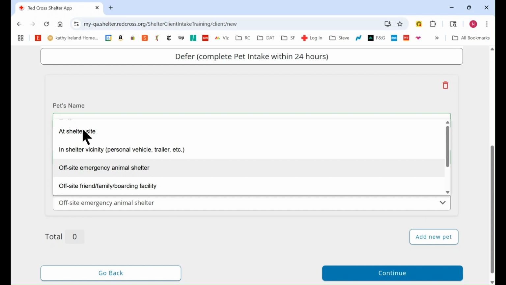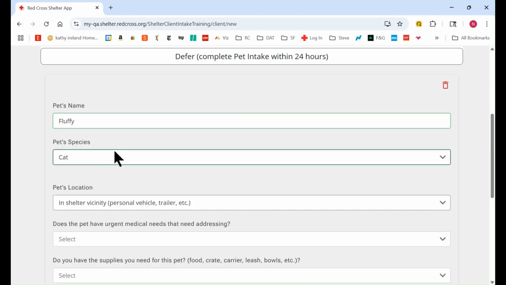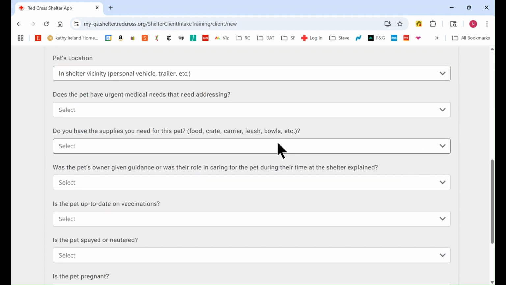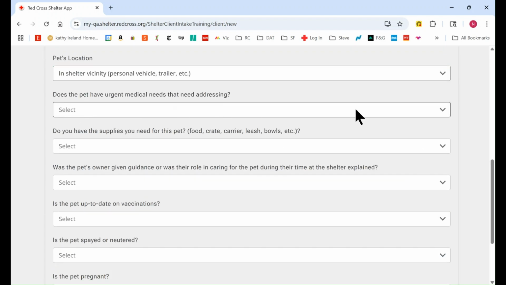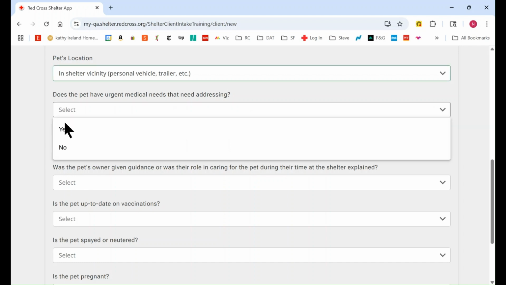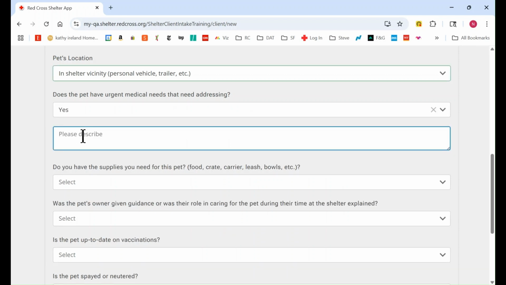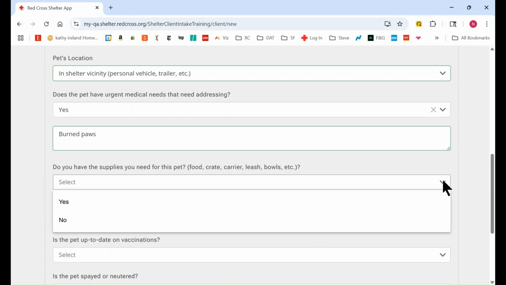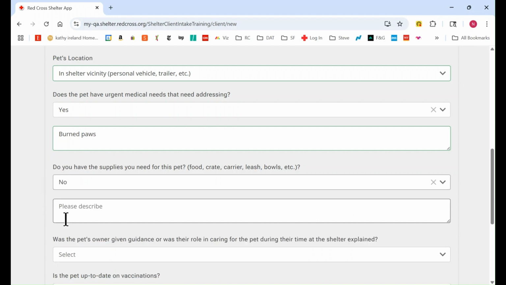If you say at shelter site or in shelter vicinity, you get a larger set of questions you want to answer. Does the pet have any urgent medical needs? So say Fluffy got burned paws, right? And needs to see a vet. Do you have the supplies that you need? And this is like crates and food and leashes and bowls, etc. If you say no, you want to